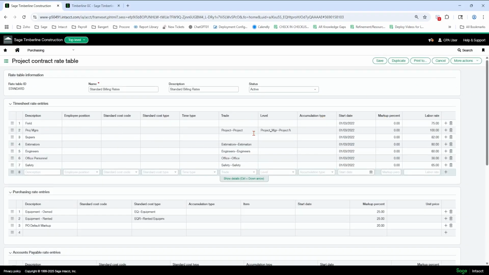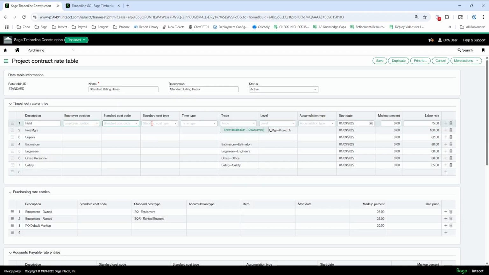In this labor grid, I have all these different types of filters I can put on a specific line so that if it hits this criteria, it's going to use this labor rate, for example, to mark up that hour. So for example, let's look at this estimators line. There's a trade here.